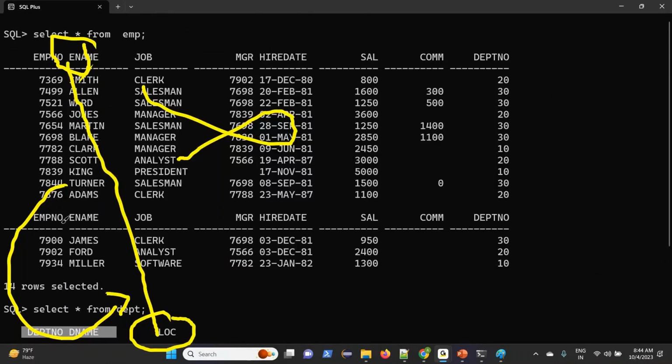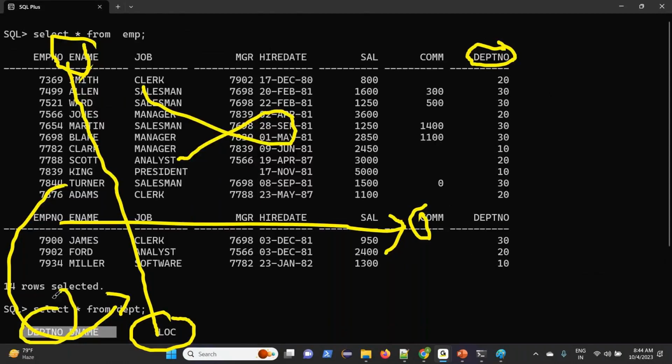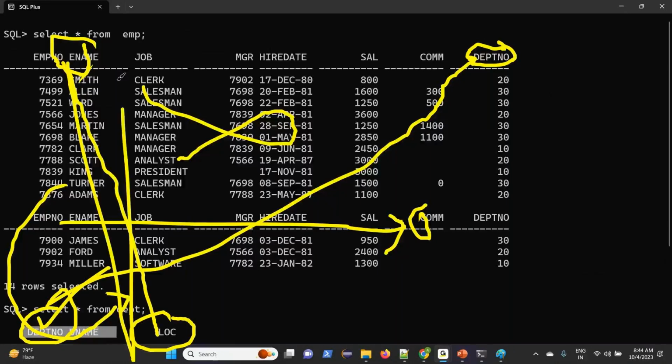What is required here? Join. If you want to join, what is the requirement? A common column. Department number and department number. This is the common column. When we have both common columns, then the eligibility for join is satisfied. So we can join these 2 tables to get the data. Let me write it here.